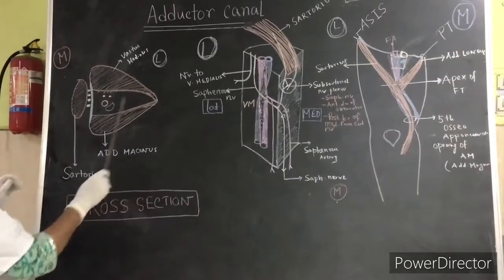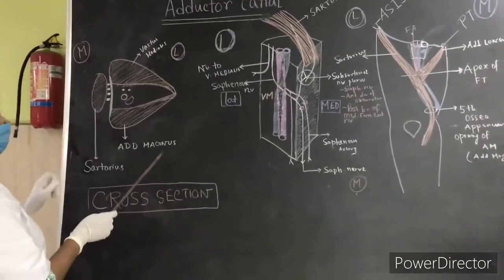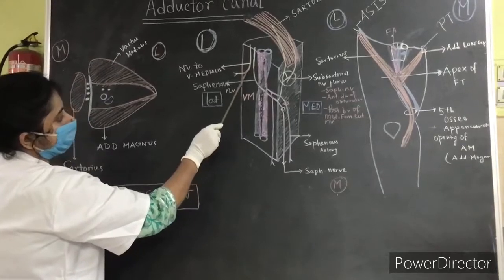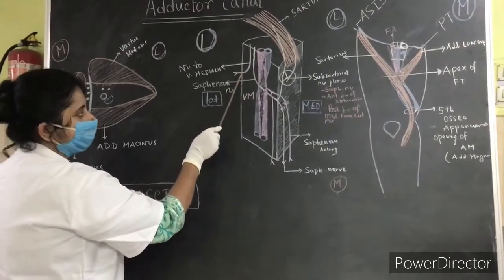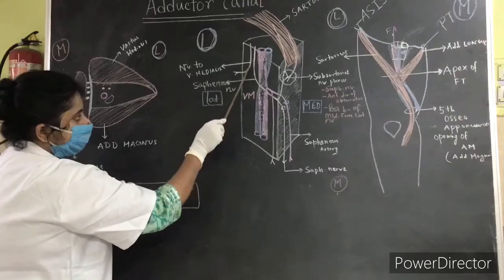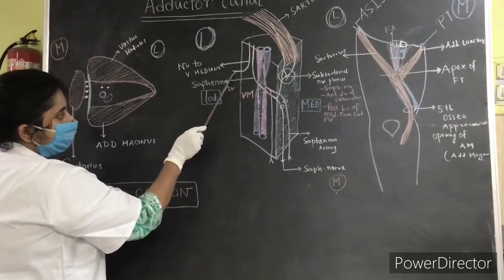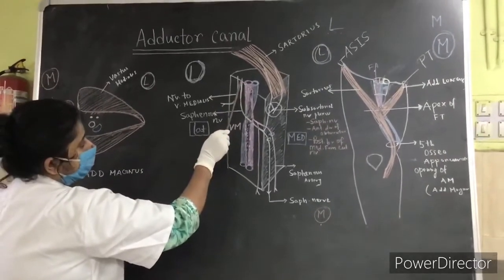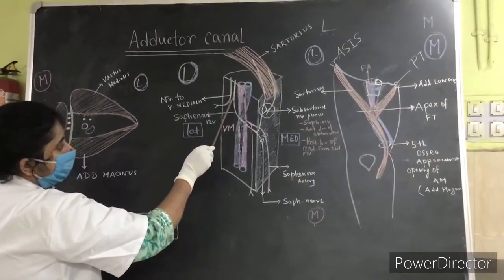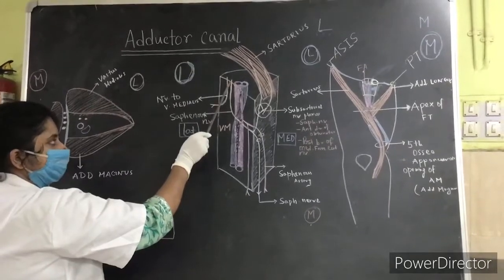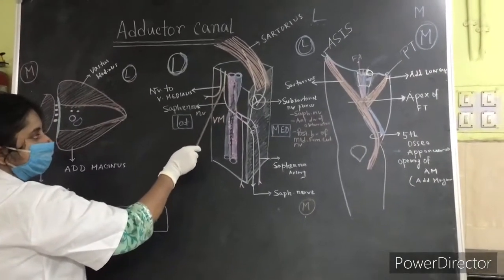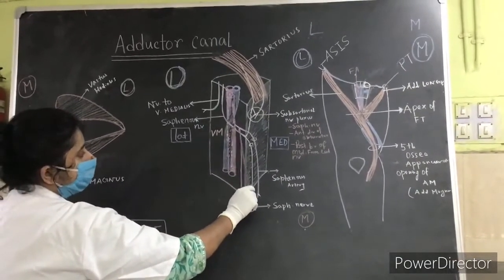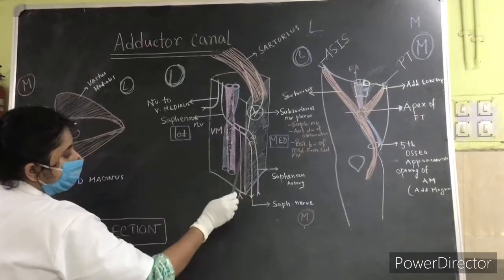Okay. Now you can see from this picture that is one nerve, that is nerve to vastus medialis. We can get it only in the upper part of the adductor canal, as in the upper part it directly supplies the vastus medialis muscle. Okay, and another nerve, that is the saphenous nerve, comes from the femoral nerve. It first traverses the lateral side of the artery, then it crosses over and goes from lateral to medial side.